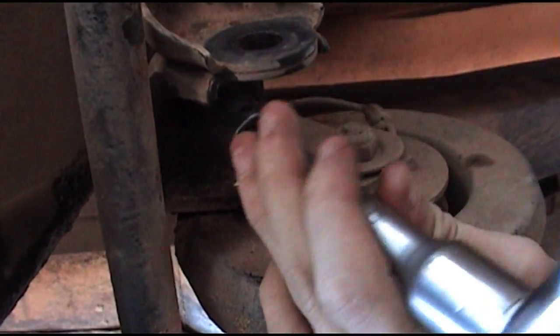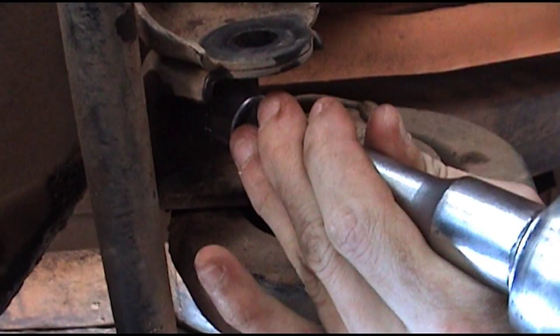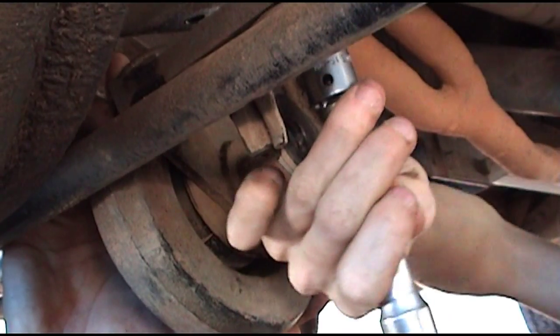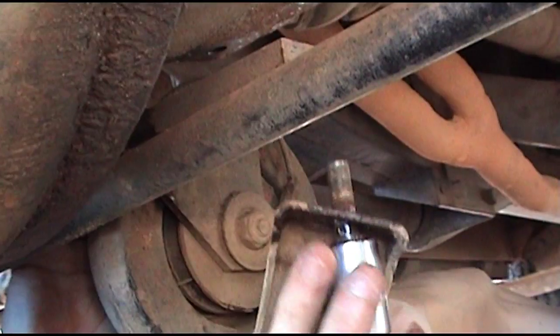And then you want to take off the steering damper mount, and bolted to that is a weight for your steering, and that's fairly heavy, so you might want to get a friend to come and help you with that. But you want to take that off also,